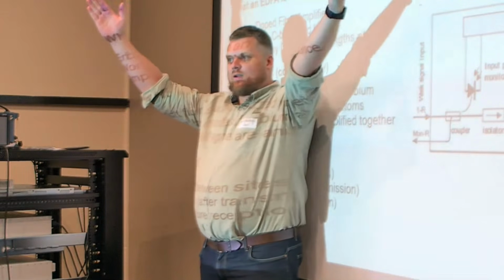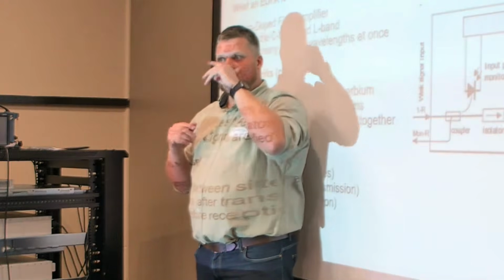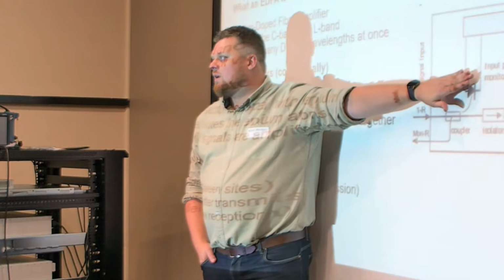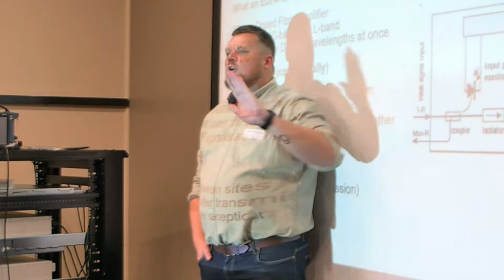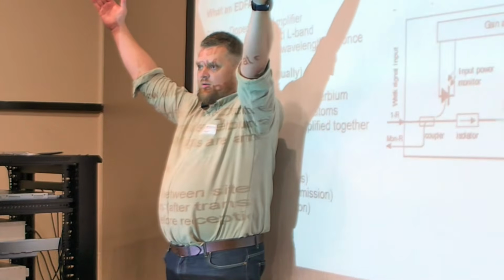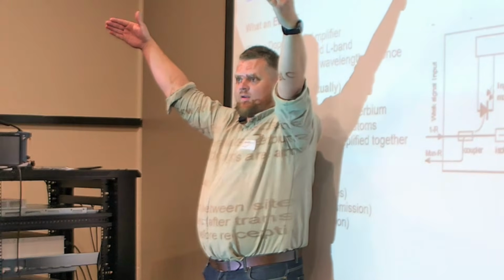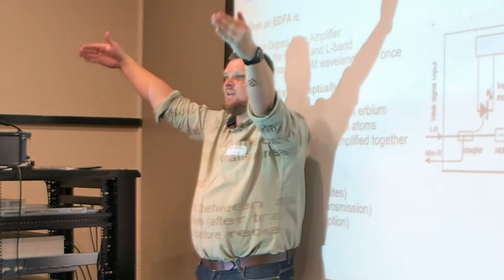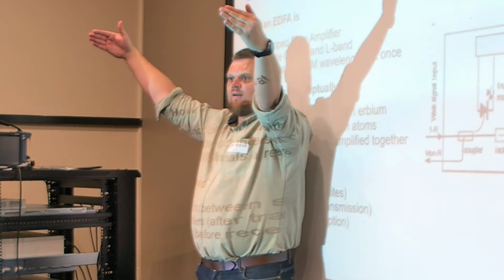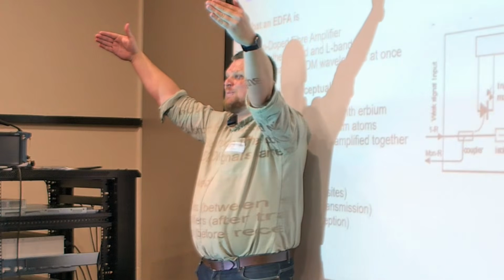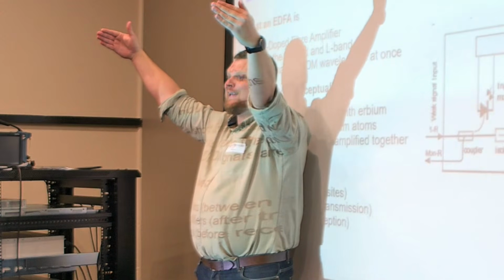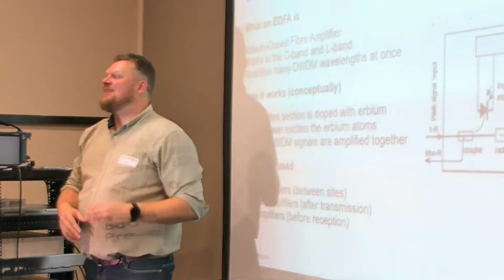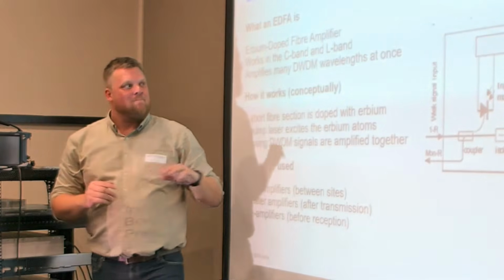So remember, I talked about total power and power spectral density. So it'll tell you the total power coming in, because an amplifier looks at the entire spectrum for the C-band or L-band. Doesn't look at individual signals. So it amplifies everything. So if the signal is not used, but there's a small peak and there's noise on it, guess what's happening? It's amplifying the noise as well. So it amplifies the entire spectrum.